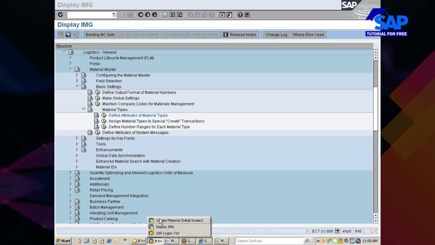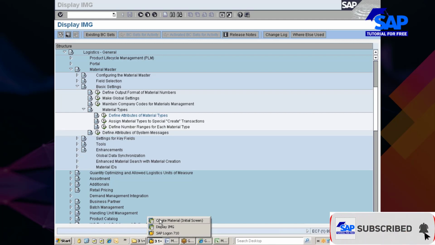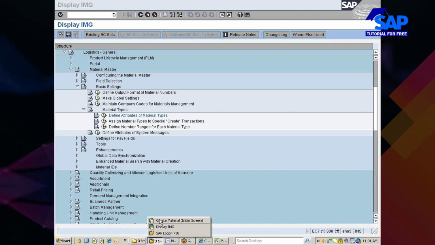You see, material group is from the usage perspective. You group various materials. For example, piston ring, connecting rod ring, various elements of an engine, you group them as engine spare parts. That's your material group, from the usage perspective. Whereas from the technical or maintenance perspective, you group some more materials based on the features of the materials. Such grouping is called material type.